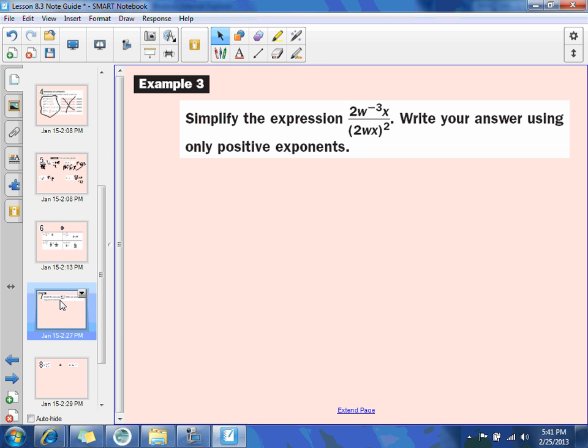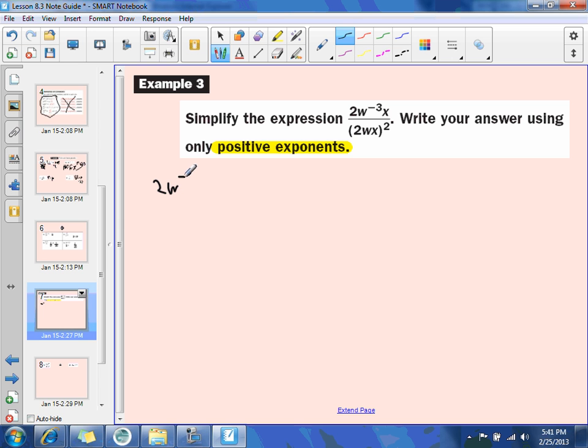Now you're going to have to do a little bit of all of it. You're going to be multiplying, dividing, negative exponents, the whole kit and caboodle. Again, you can do this any way you want, but your answer in the end has to have positive exponents. That's the only rule. Positive exponents in the end. It's not simplified without it. So if you've got 2